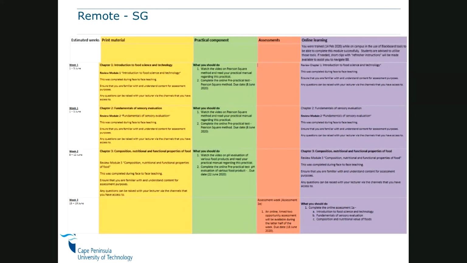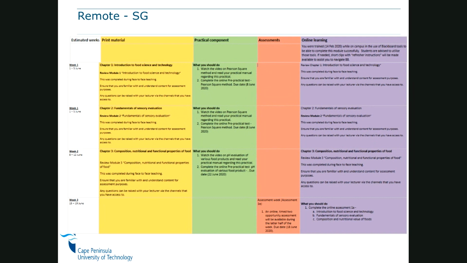One of the things that we aim to do is also to be flexible. This remote study guide gives you an estimation of the weeks, and then there is content that you should cover or finish in that week, and there are also activities that you must complete within certain time frames.